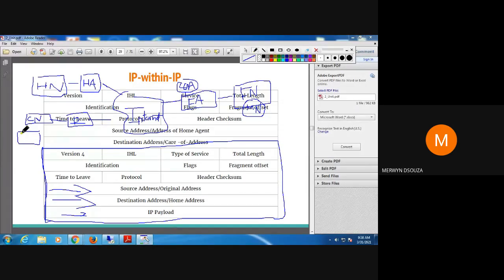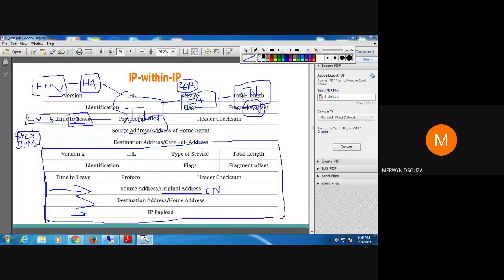So originally, the CN makes a data packet. The source address is the CN's address. The destination address is the mobile node's address.